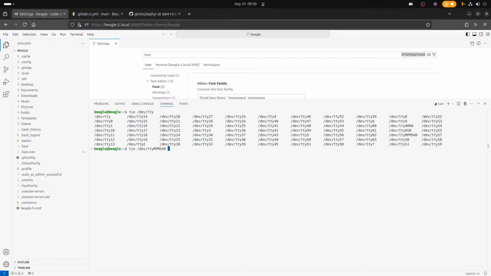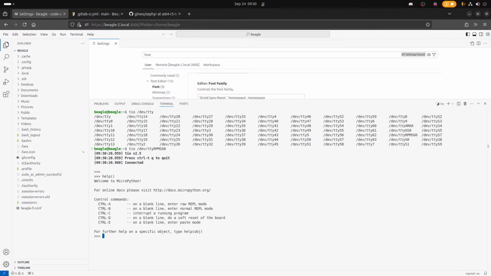There we go. RP message 0. So, what's the, oh, what does help say? How do I get the version? I don't know if it prints.